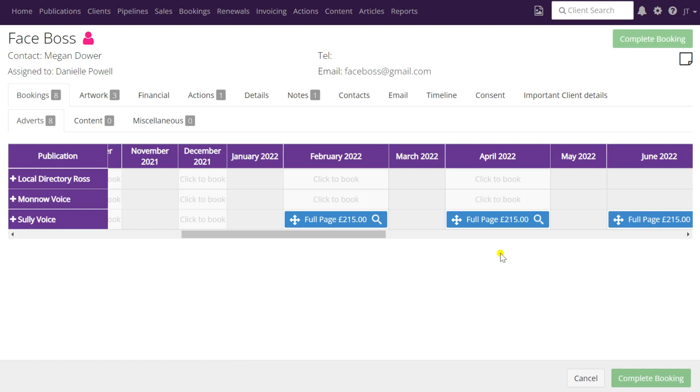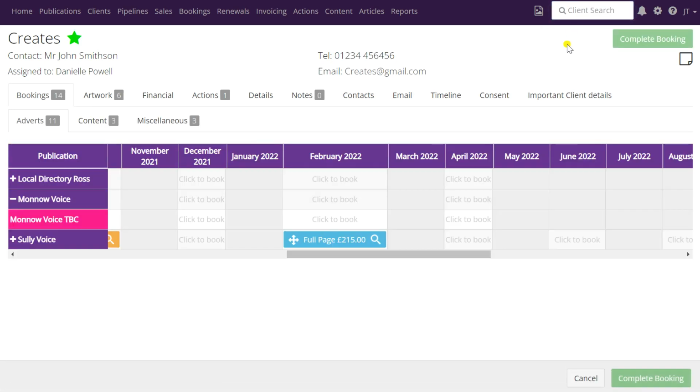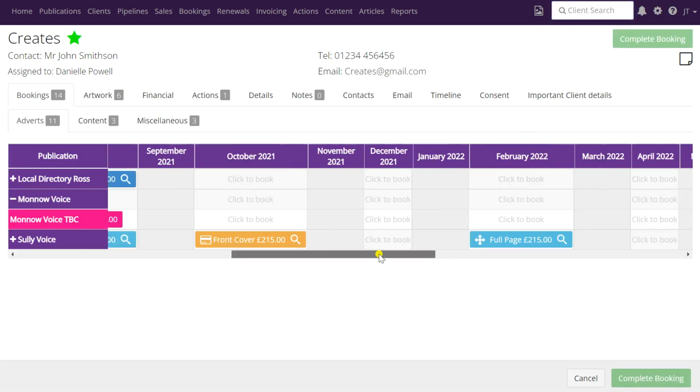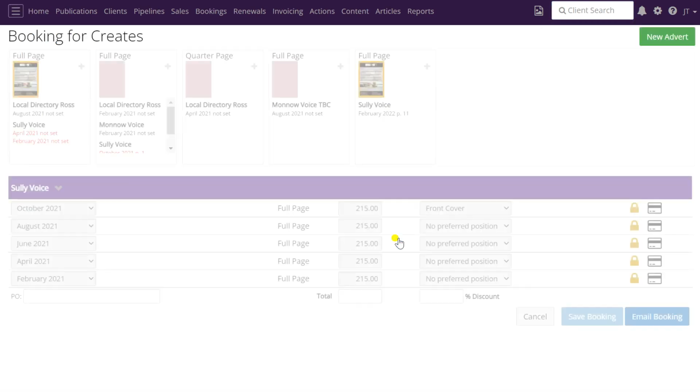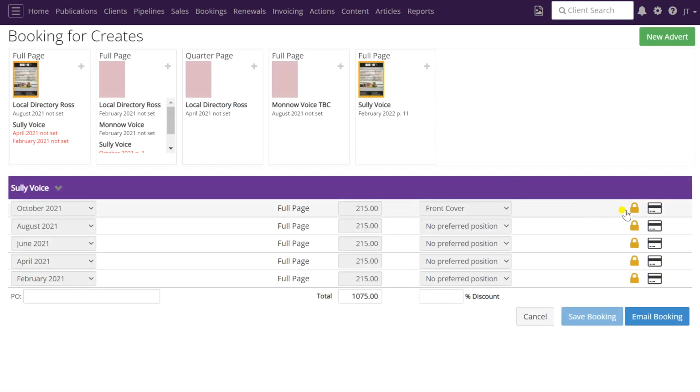So that all works fine when the client hasn't been invoiced in advance, but if the client's booked for say a year or something and they've paid in advance, then you'll find that the booking is locked. So let me show you this one as an example. If I go back to August, we can now see that each of these lines are locked